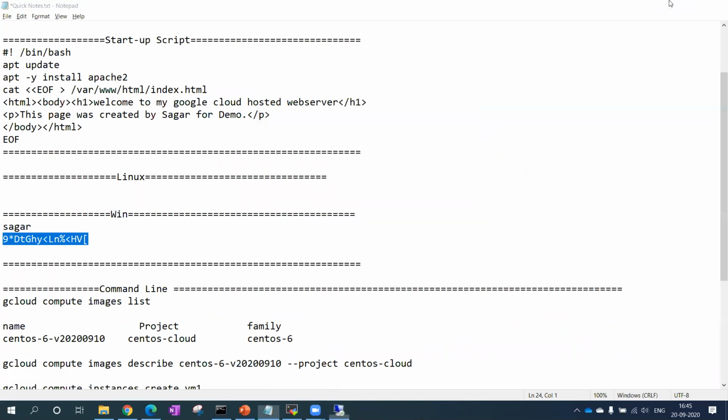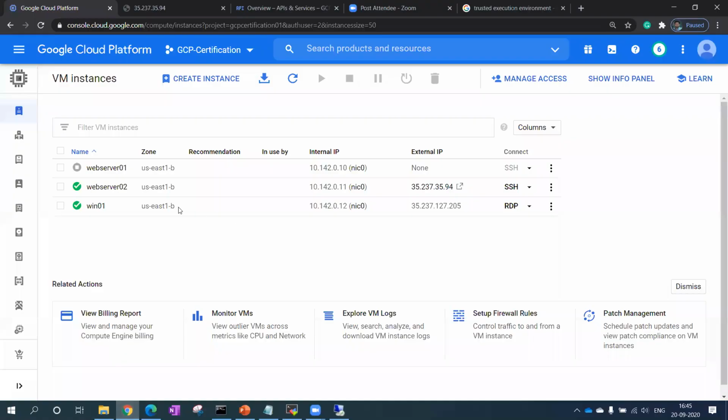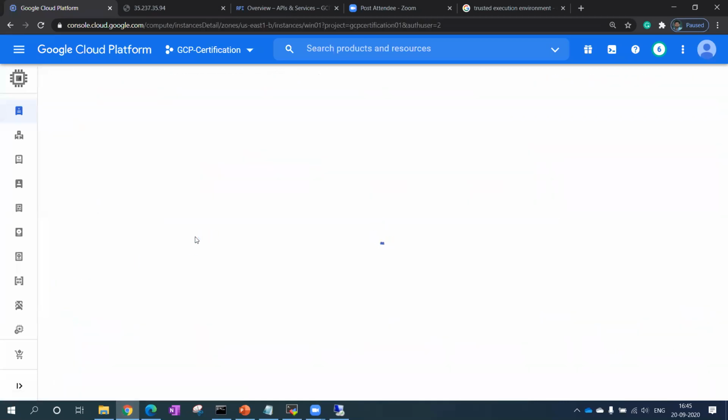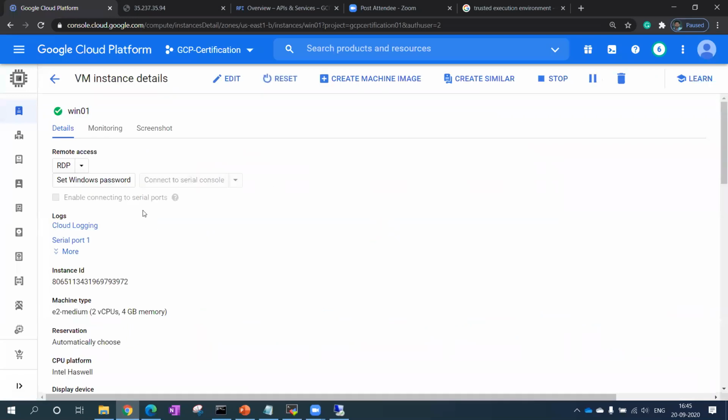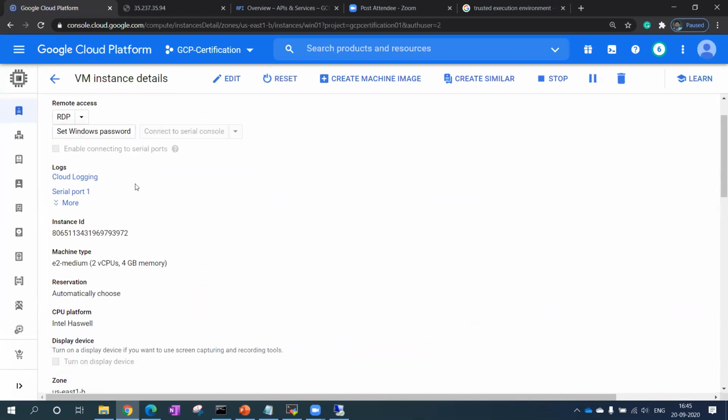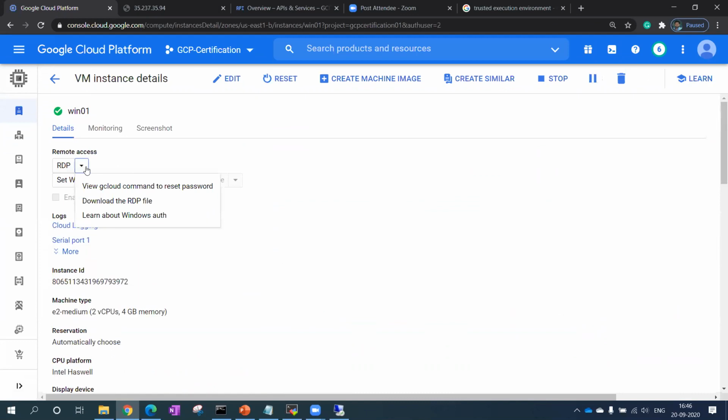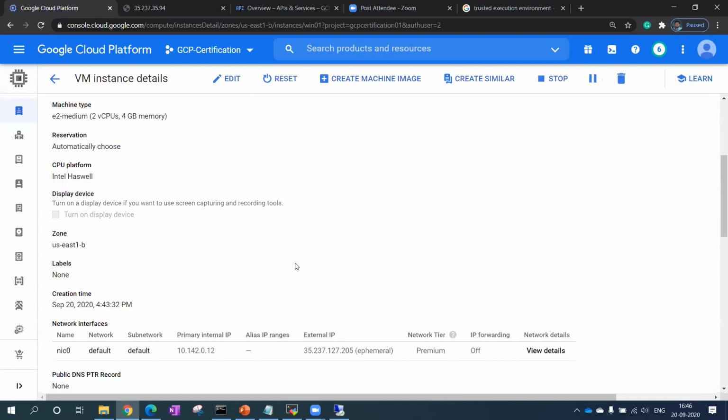What is happening here? Let me see the connection. It should be running. It is reachable from the internet, but RDP is not happening. But RDP is already allowed, there is no need to make any changes, because we are in the default VPC.